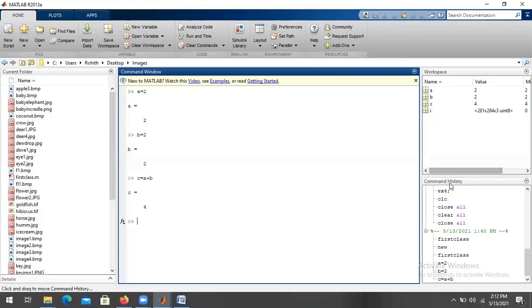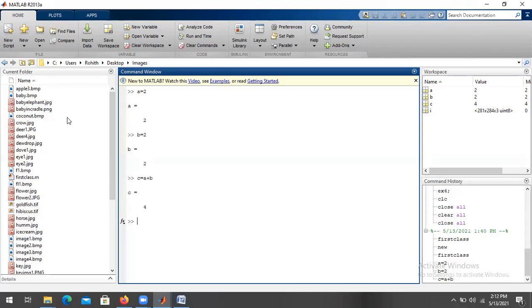This is the command history you can see below the workspace on the right side, workspace and command history. In this command history, whatever you have gone through in the command window, all of that you can observe here. In the previous class I went through these things, and now I'm dealing with the first class, so you can see those previous commands.